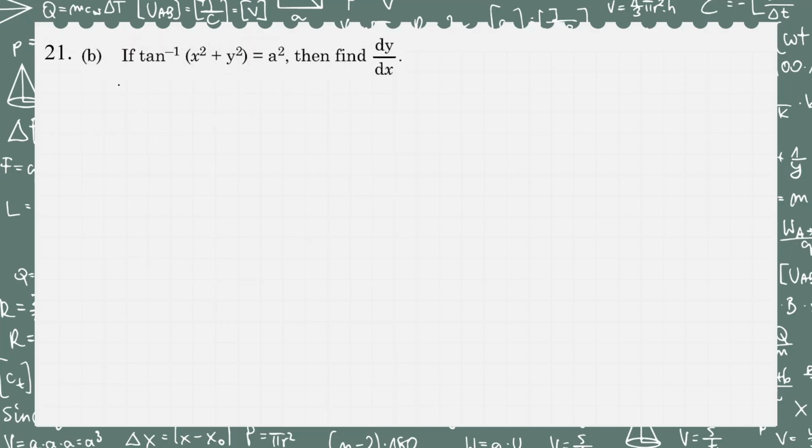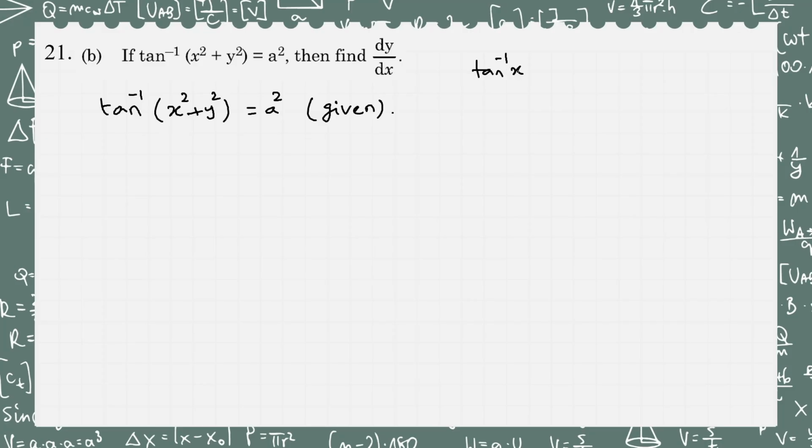Let's do the option B in sum number 21. If tan inverse of x square plus y square equals a square, then find dy by dx. So let us take the given thing, tan inverse of x square plus y square equal to a square. This is given. So having the inverse function, we can't differentiate it easily because we know that